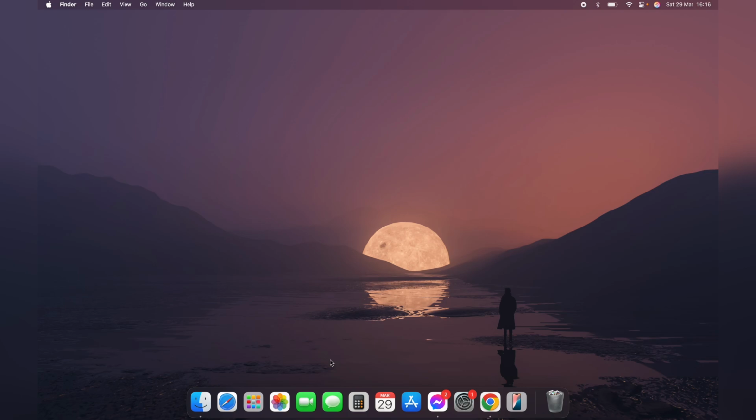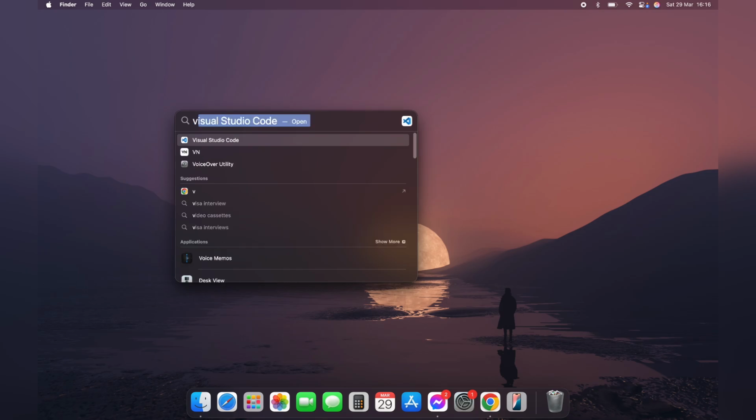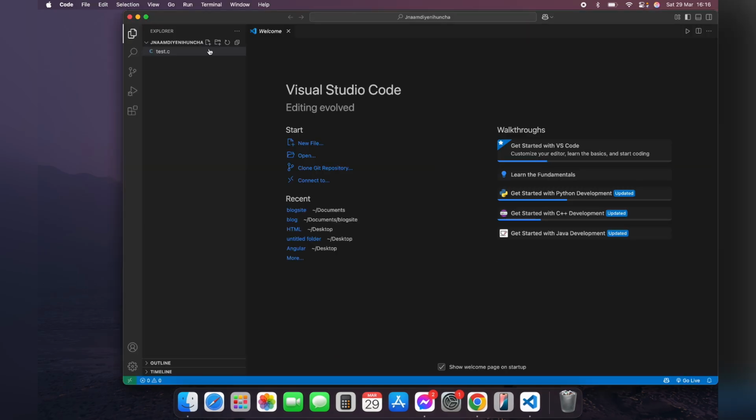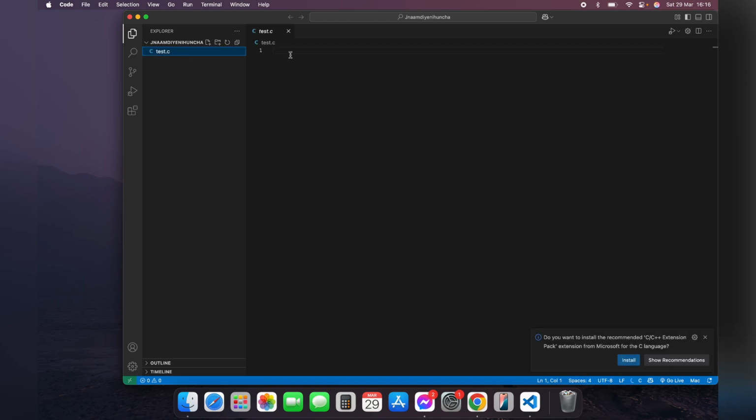After that, click on search bar and open Visual Studio Code. Now simply open any folder and the file on it. After that, type in the code here as you prefer, and to make a comment on that, if you are